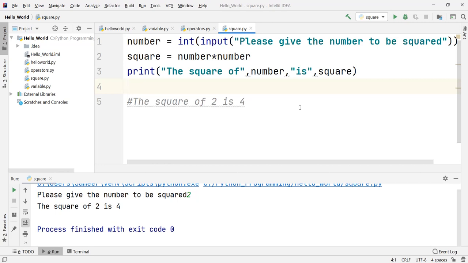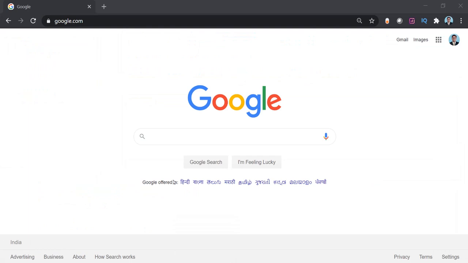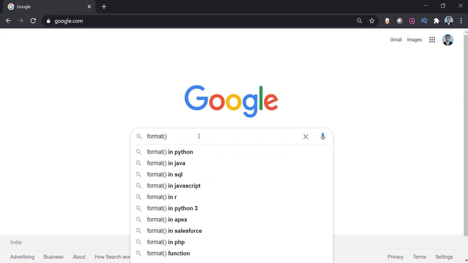As we always do, let us see in the documentation what Python has to say about that string method. So I'll type in what we want to study right now: format in Python.